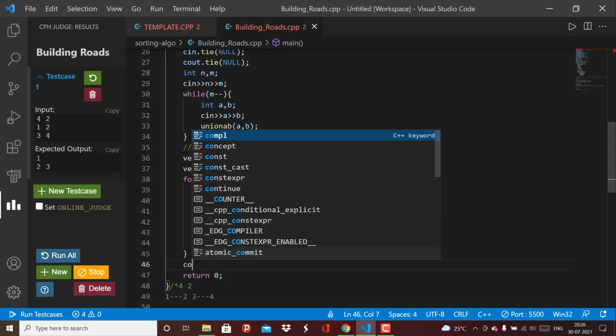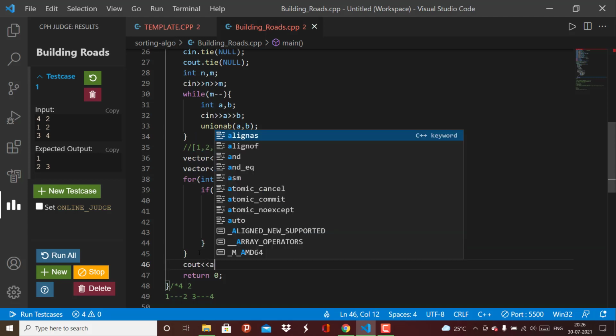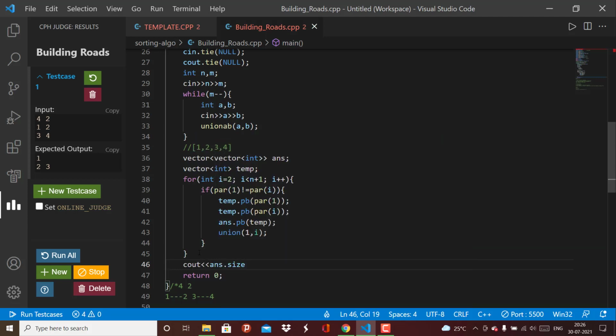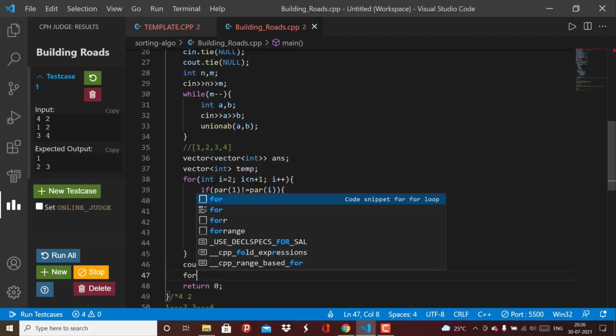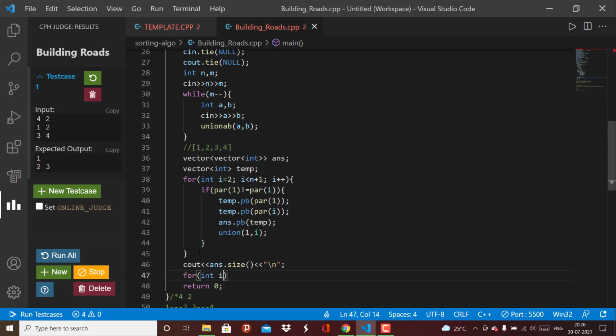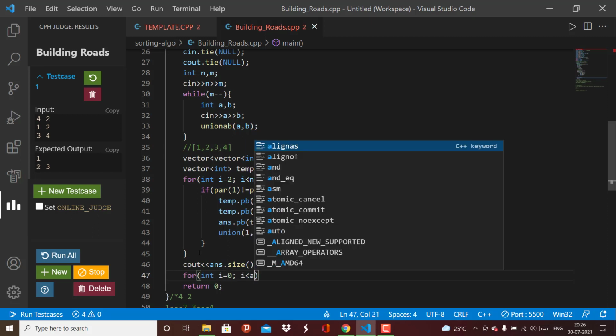So cout answer dot size, for int I equal to 0, I less than answer dot size.